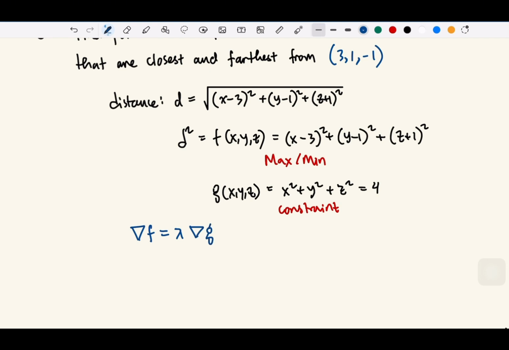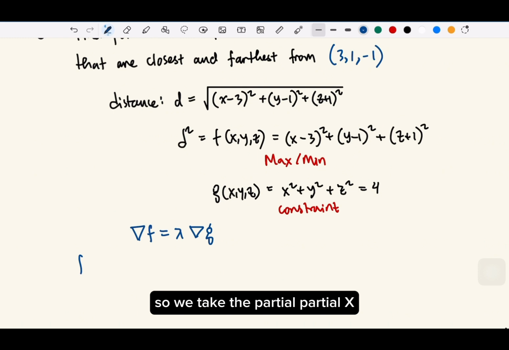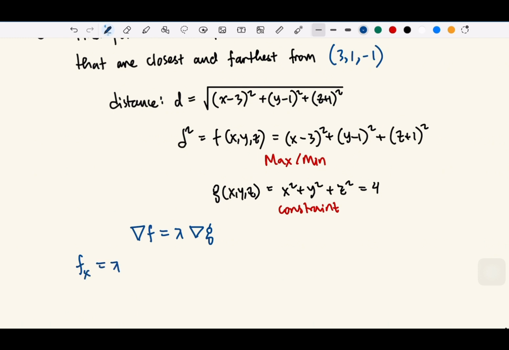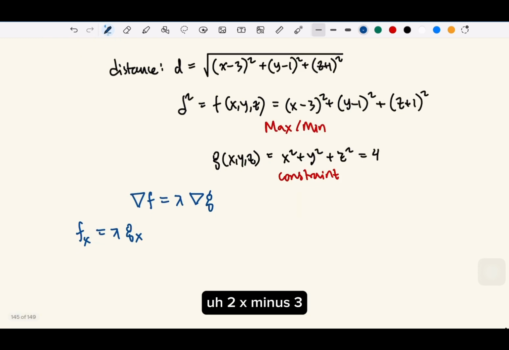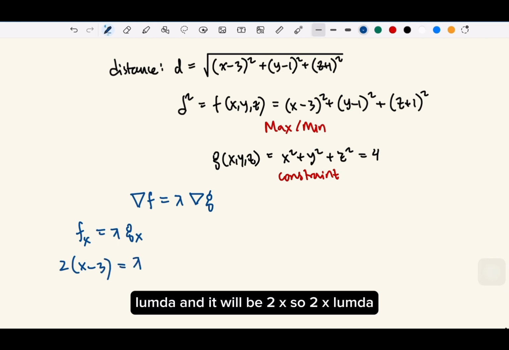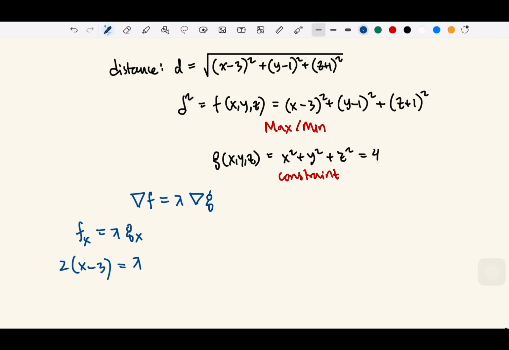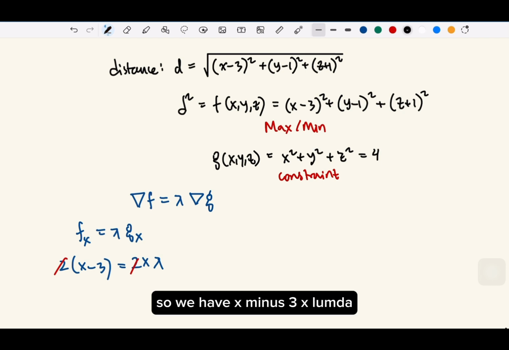Okay. So we take the partial x. So partial x will be 2x minus 3 lambda, and it will be 2x, so 2x lambda. I think we can solve this. So cancel 2. So we have x minus 3, x lambda,